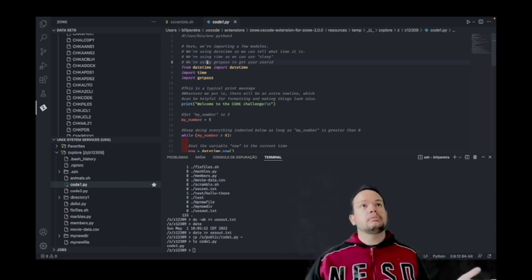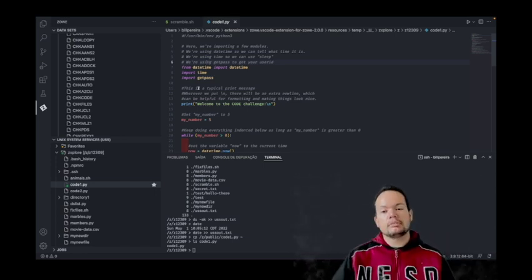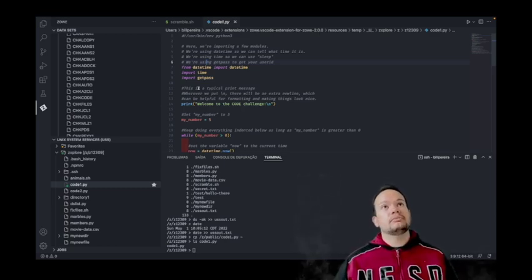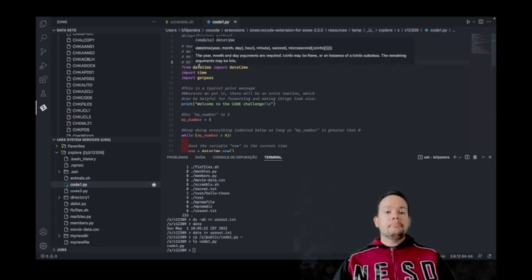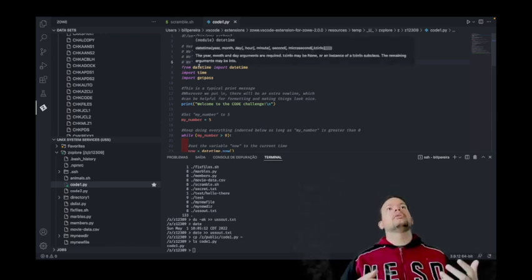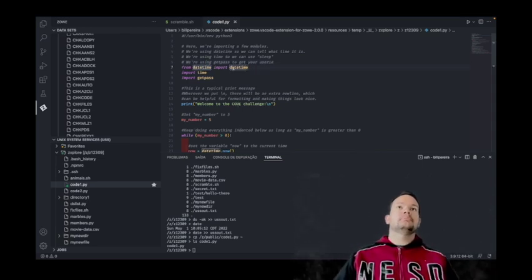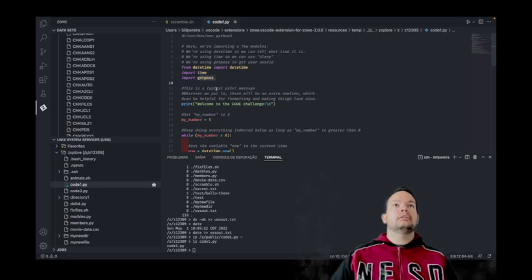Someone wrote a module, Python has these modules to work with time, with datetime, to get information from you. So we are importing that, so we don't need to handle that anymore. From this module, we are importing this function. We are importing the time, the getpass,